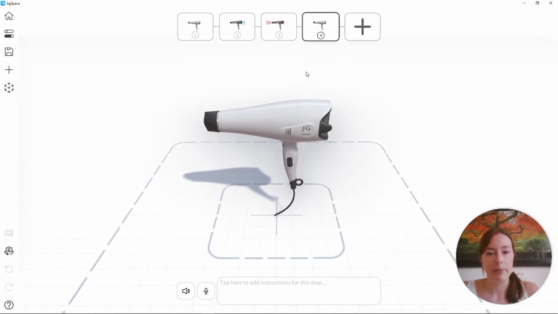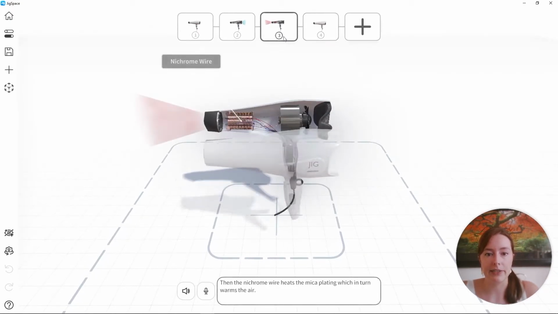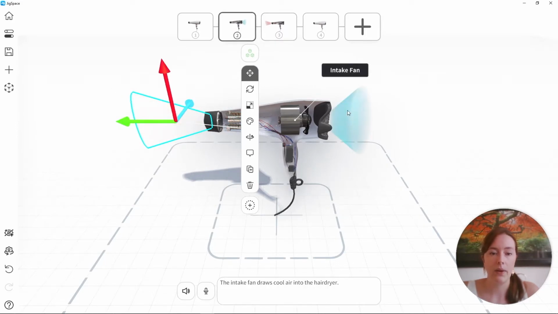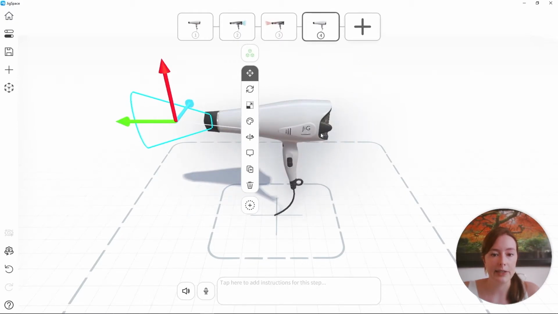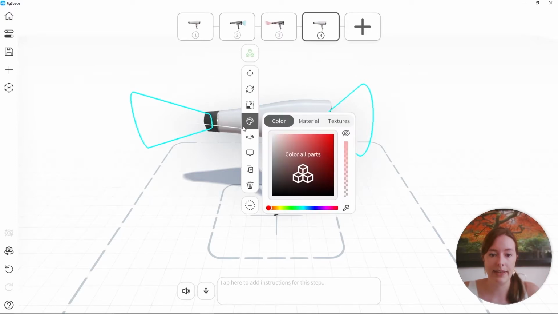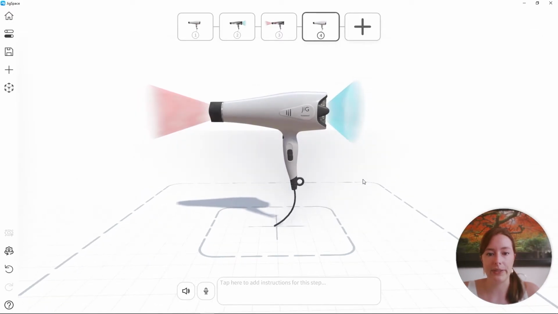Now on this step, because I've replicated my objects from step 3, the flow object here, and step 2, onto all of my steps, while in step 4, these objects are still present in the scene. So I can select them and turn off their transparency to make them fully visible. And you can see the flow of the air flowing through the hairdryer. So the next thing I'm going to do to demonstrate that the hairdryer is turned on is move its switch from the off to the on position.